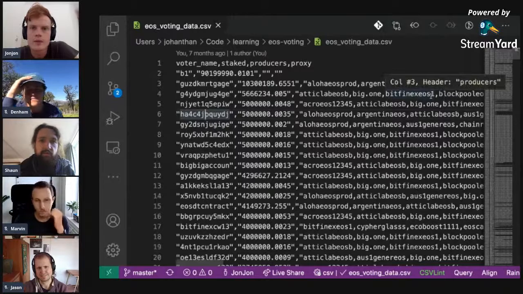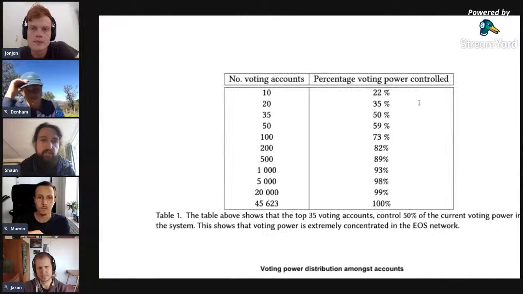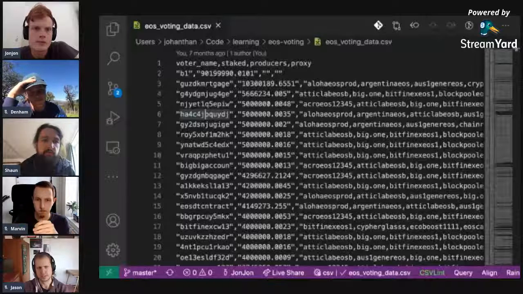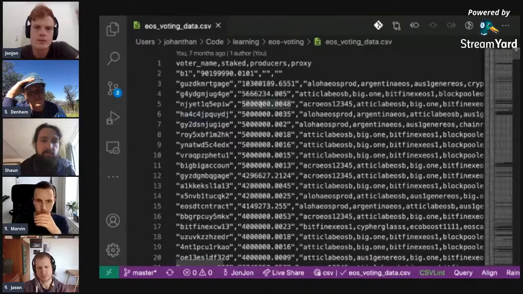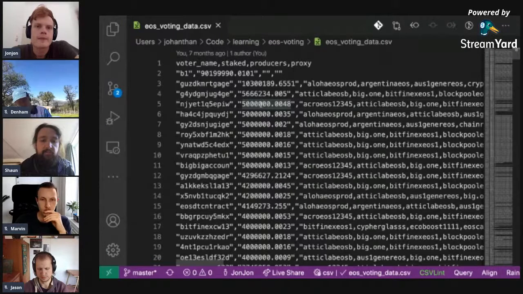Sean first. In the second column there, that's the amount of EOS that's been staked, right? Does that mean that in order to become one of the top 21 nodes that serves the network, you yourself have to stake EOS and then also get votes? Or is that the amount of EOS that has collectively been staked by the voters?